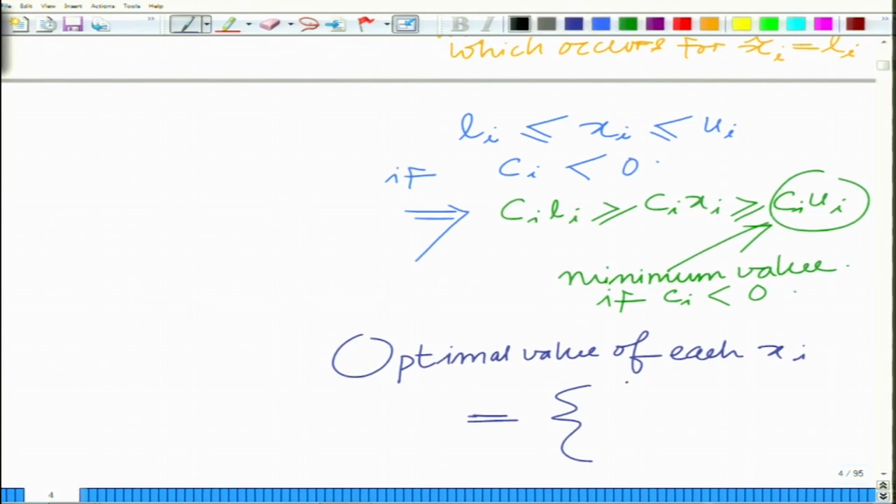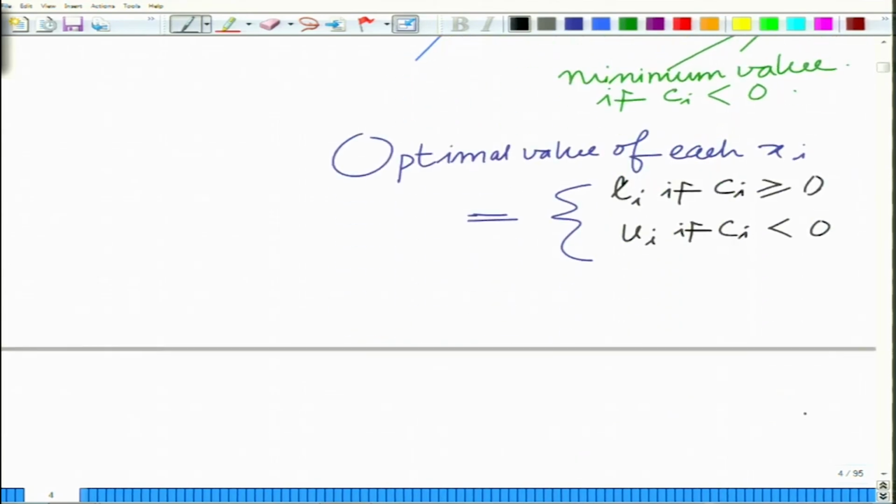This is equal to Li if the corresponding Ci is greater than or equal to 0, and this is equal to Ui if Ci is less than 0. And therefore, the minimum of C bar transpose x bar